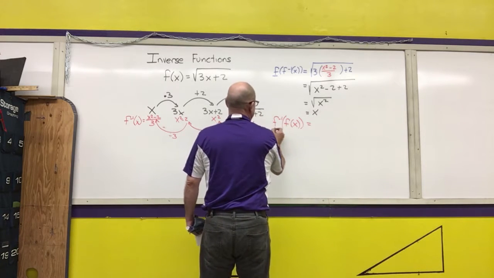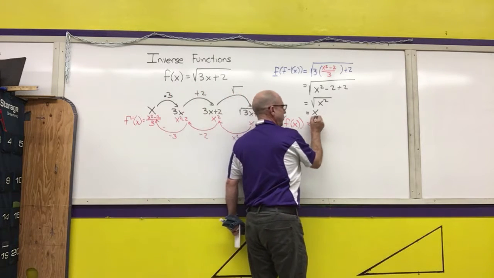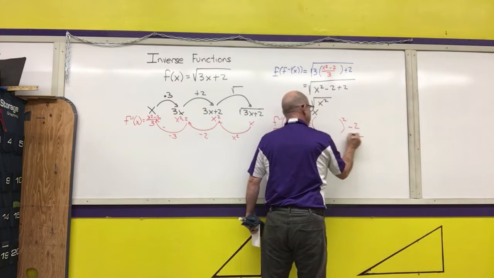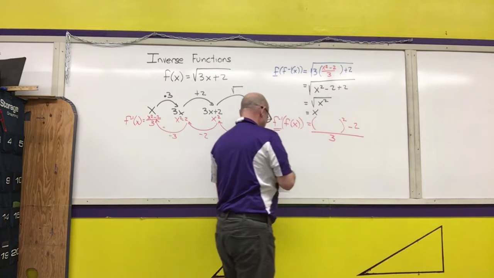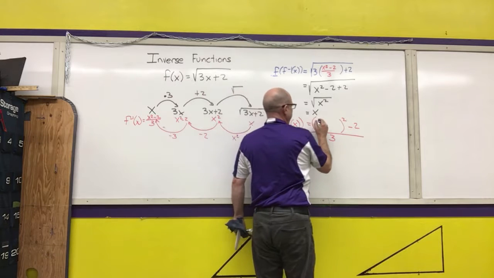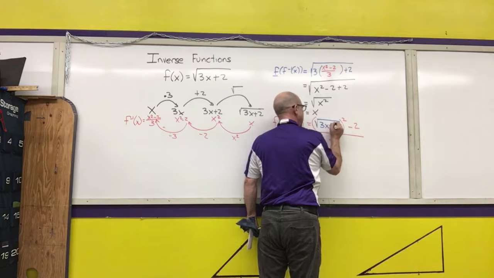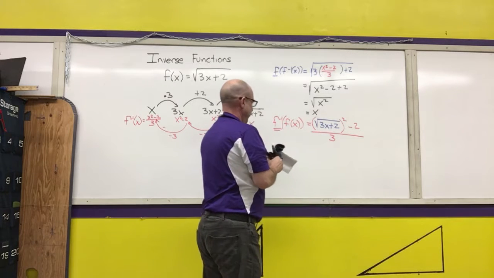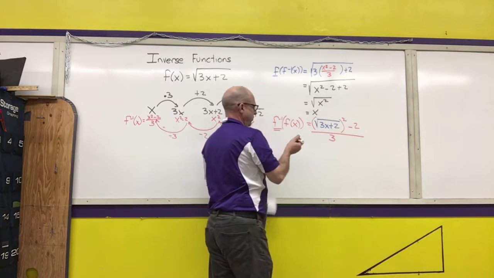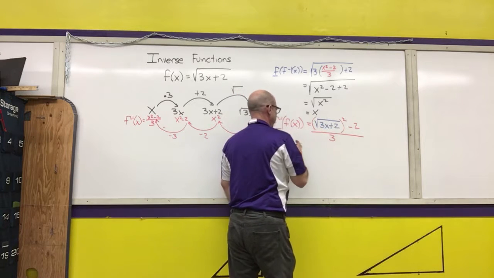So I'm going to write down my outside function, which is x squared minus 2 over 3, except where there's an x, I'm going to put parentheses. Inside the parentheses, I'm going to write the inside function, the square root of 3x plus 2. And now I'm going to simplify. First thing I'm going to do is I'm going to square the square root of 3x plus 2. And that is going to give me 3x plus 2